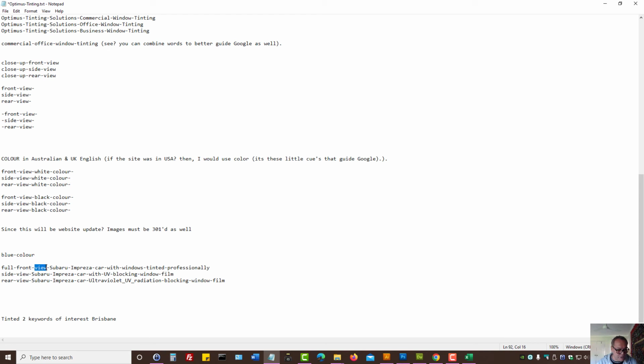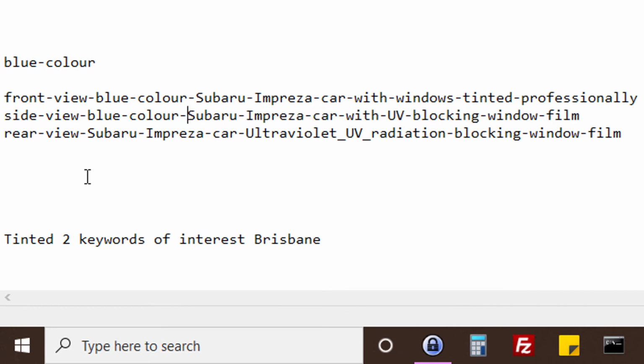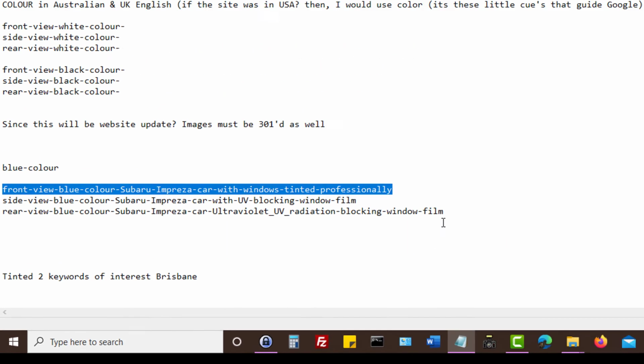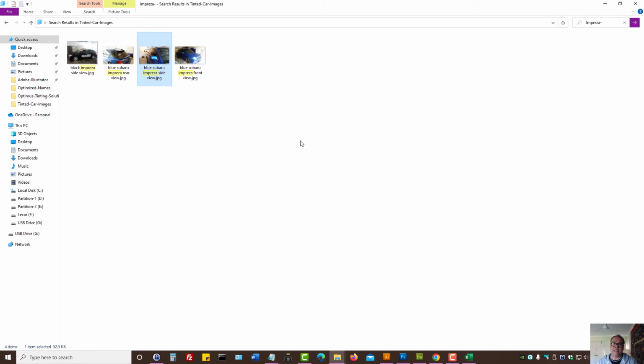Front view. Let's say front view sub. Let's do blue colour. So that's more meaningful now. Front view blue colour. And we know that the word colour has now made that image become an Australian image, so to speak. Surely images are universal, but